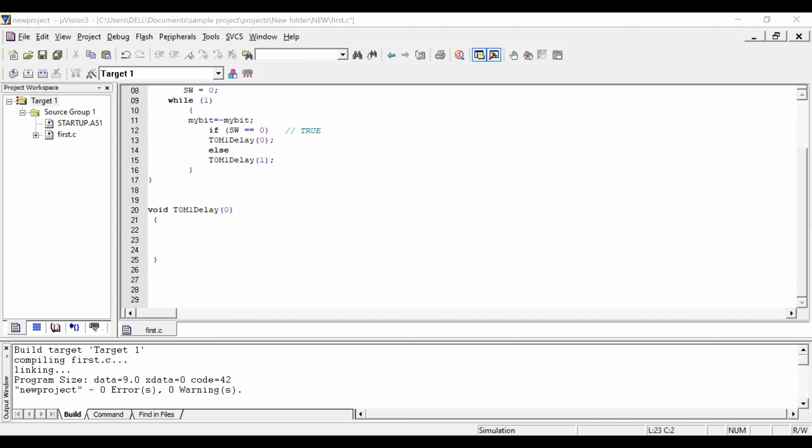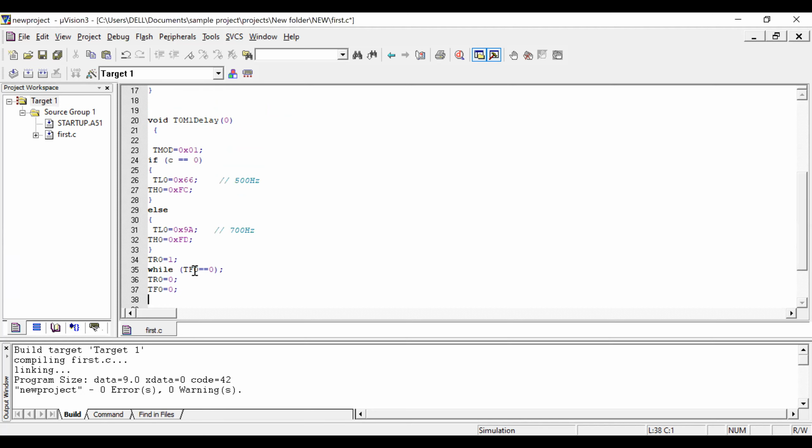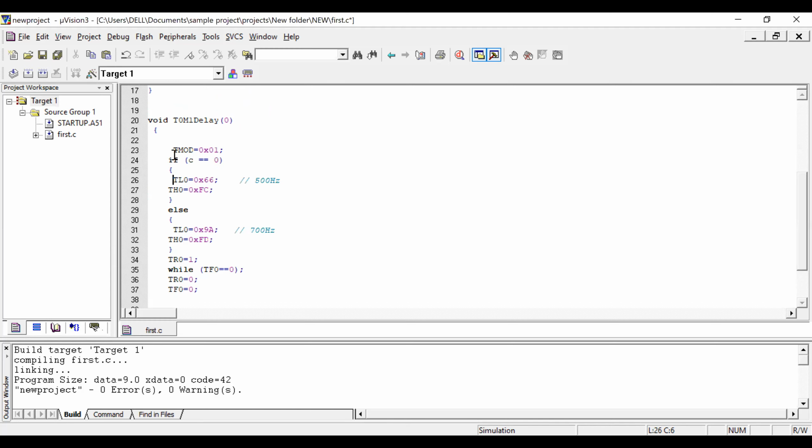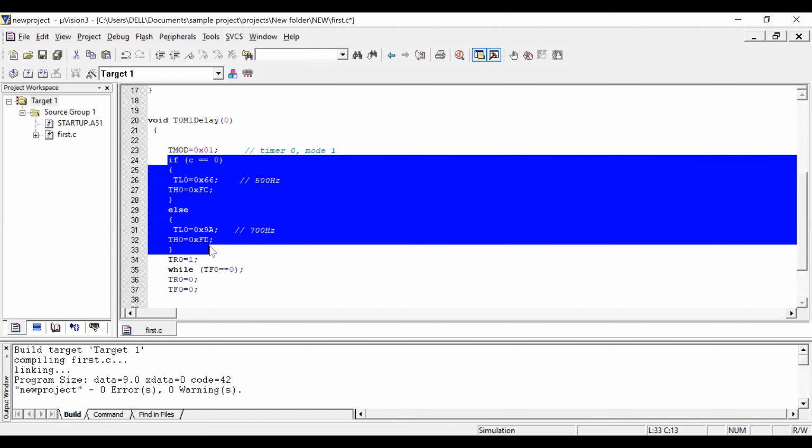Always you start with tmod. First in tmod, you have to select which timer, that is timer 0 mode 1. I have selected timer 0 mode 1. Very important, the only small change from the previous program is this part.